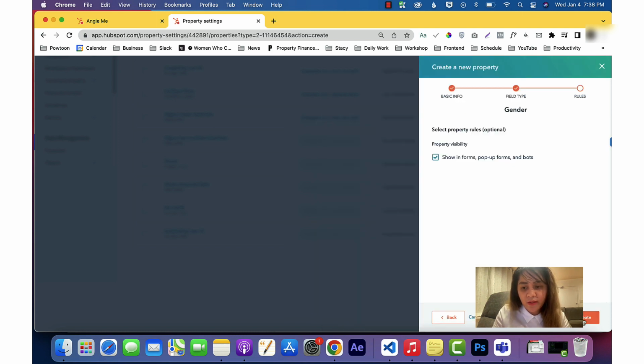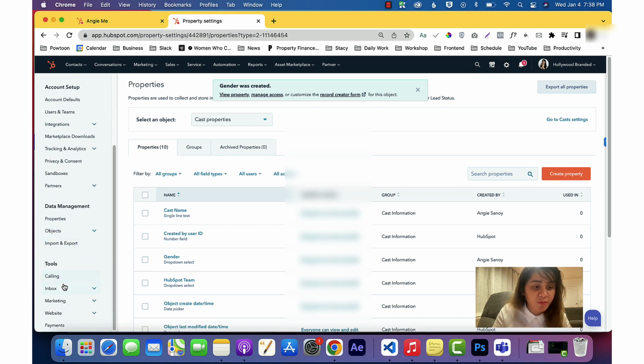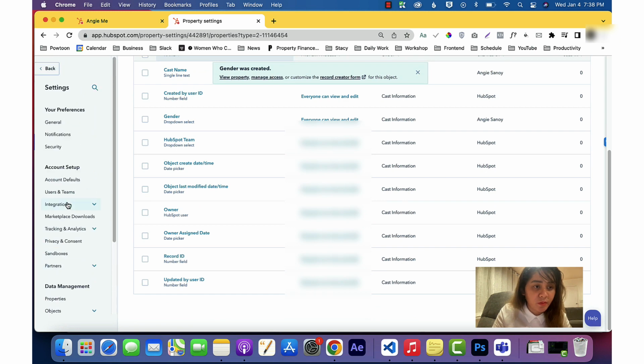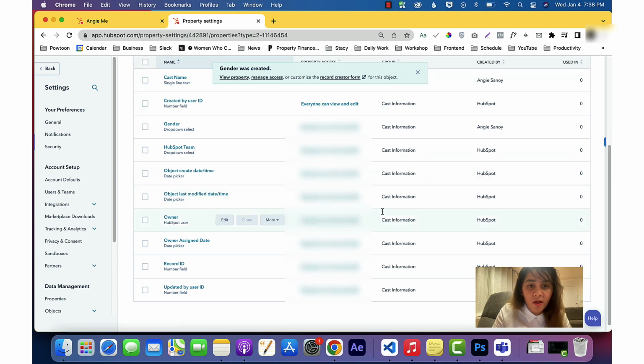Okay, and then we click next, and I don't want to show that in the forms and pop up, so click create. Okay, and then we go back to the custom objects again,